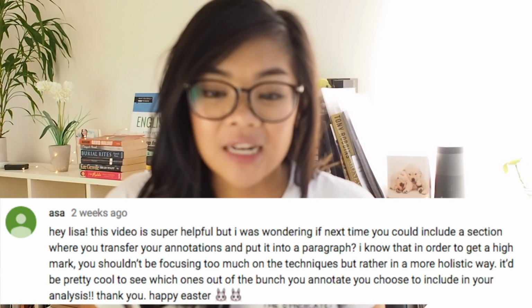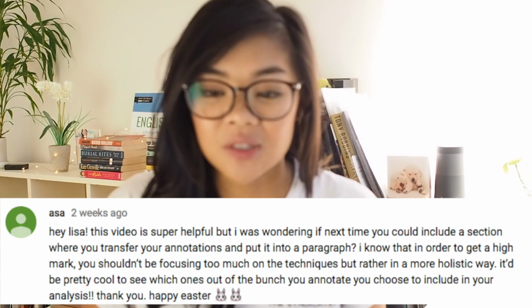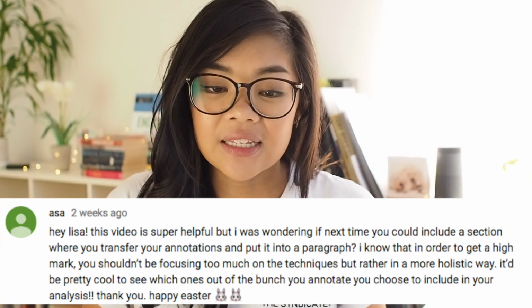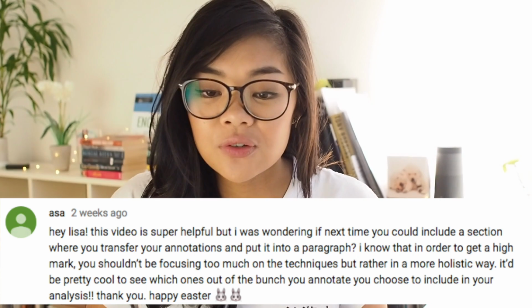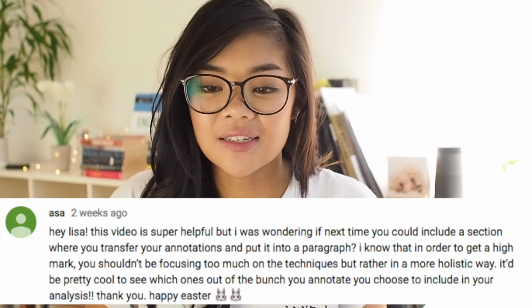I know in order to get a high mark, you shouldn't be focusing too much on the techniques, but rather in a more holistic way. It'd be pretty cool to see which ones out of the bunch you annotate you choose to include in your analysis. Thank you." I eventually wanted to get up to this point and talk more about structuring an essay and